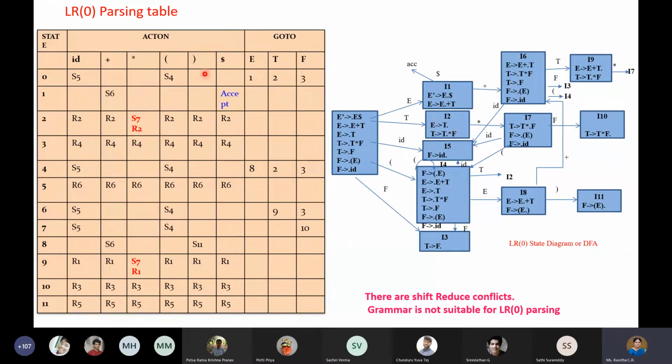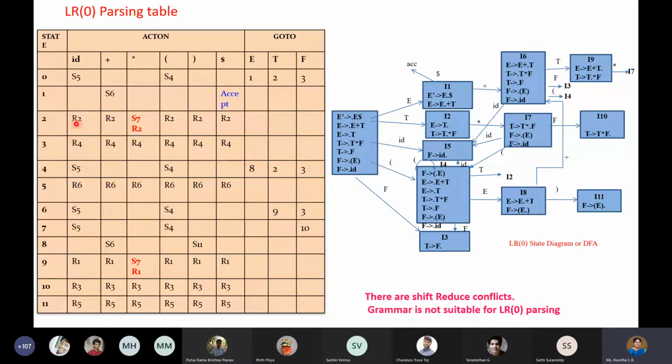So that label is only what we are using here. What is that? R2. R2 is nothing but reduce by rule number 2. So if you go back and see your grammar, for this particular rule, we have labeled it as rule number 2. So rule number 2 means I am going to apply the reduce action. Now for what all symbols do I have to apply the reduce action? That matters, right? So in LR(0) parsing, we are going to blindly apply the reduce action for that particular rule for all the terminal symbols, including dollar.